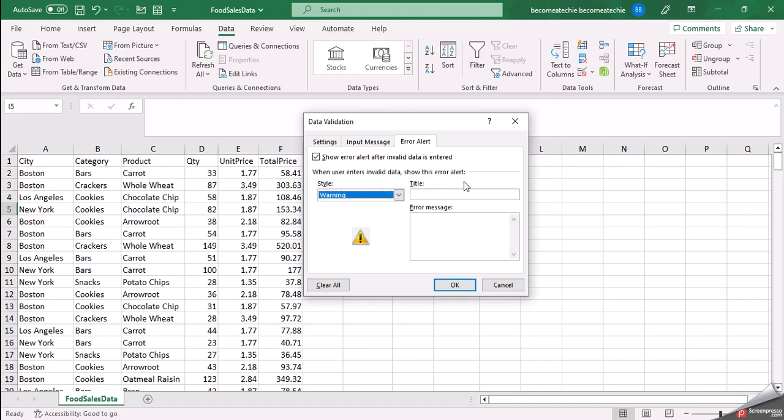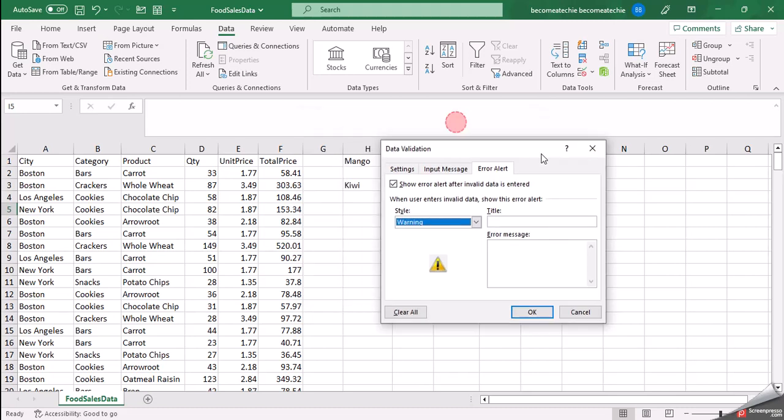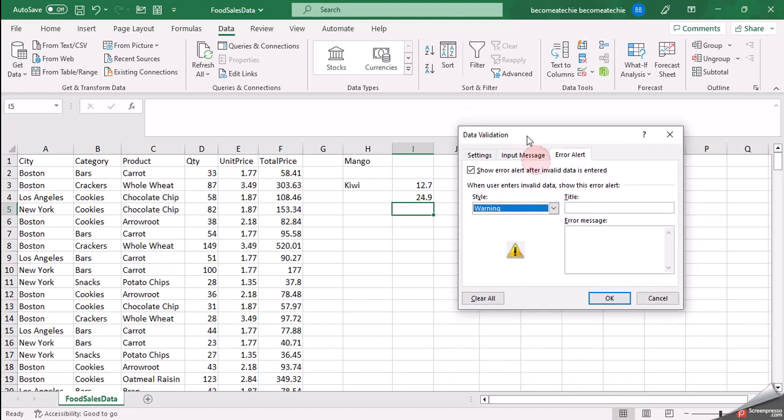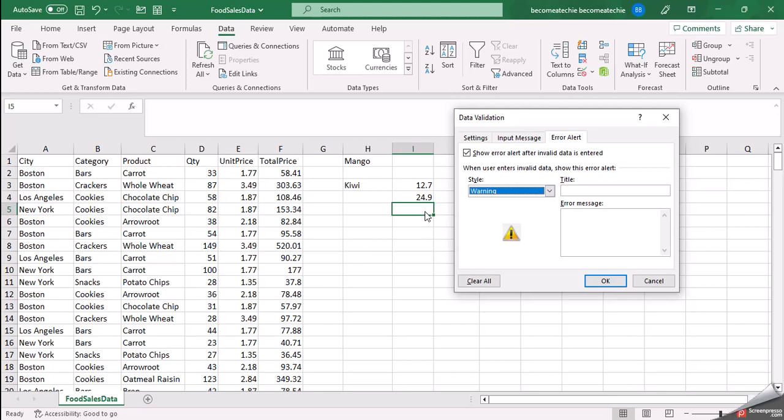Okay, this is for this particular cell, I5, that I am targeting. So I have selected I5, and then I have opened this data validation, so it will be valid only for this particular cell. Then this is a warning, and then for the title I can give something like